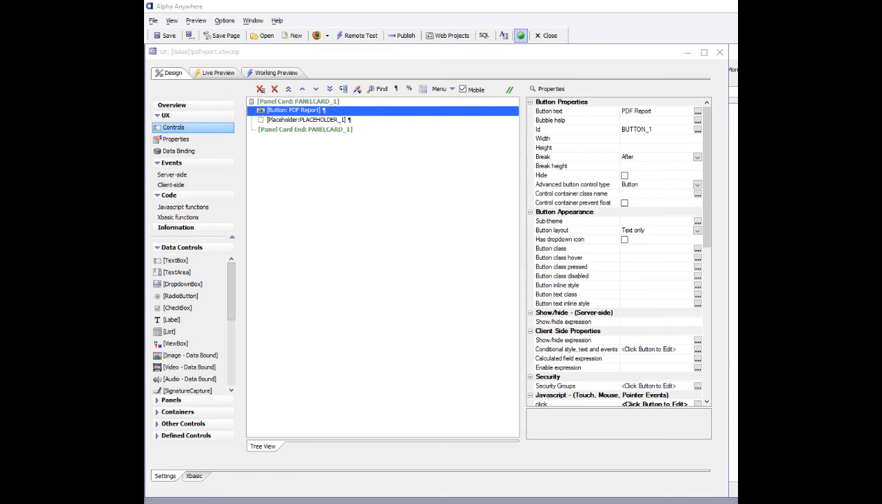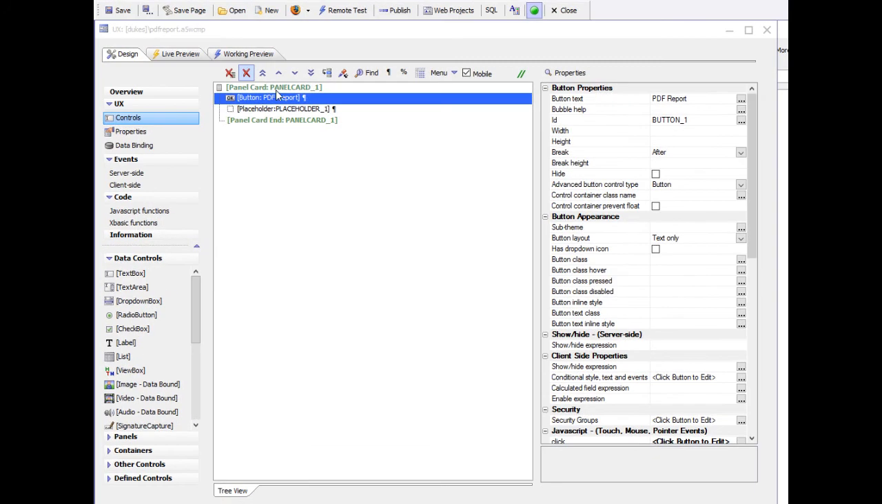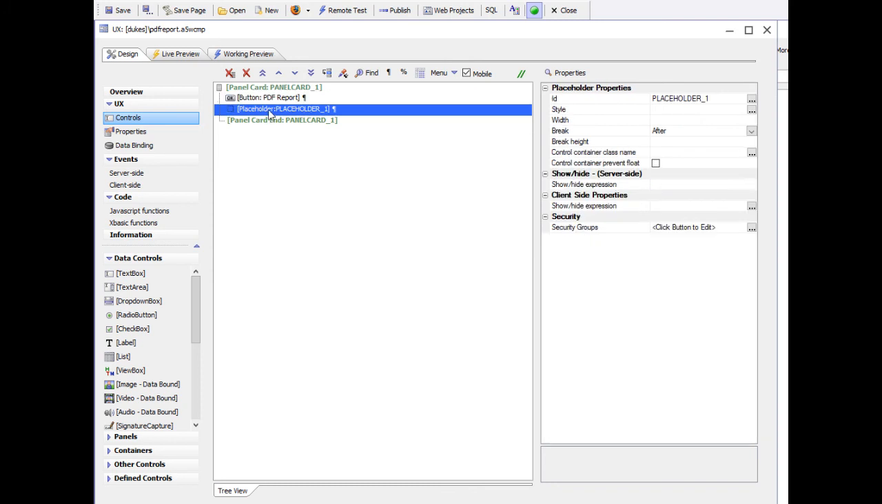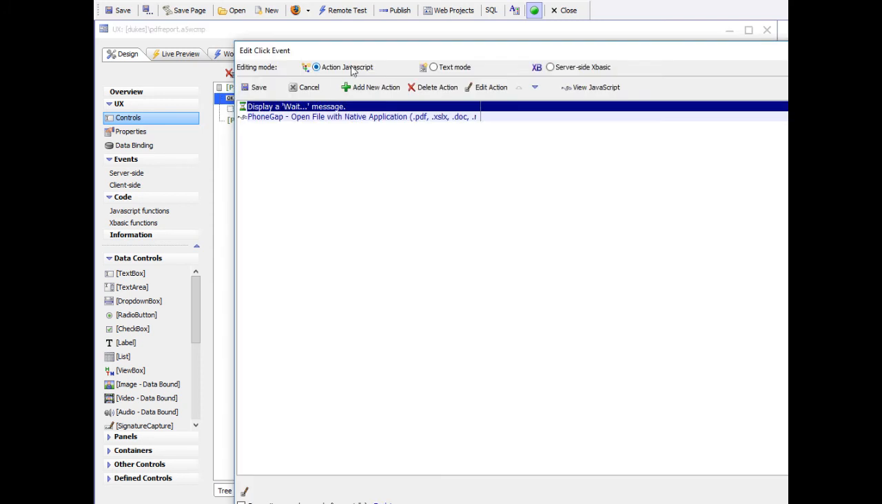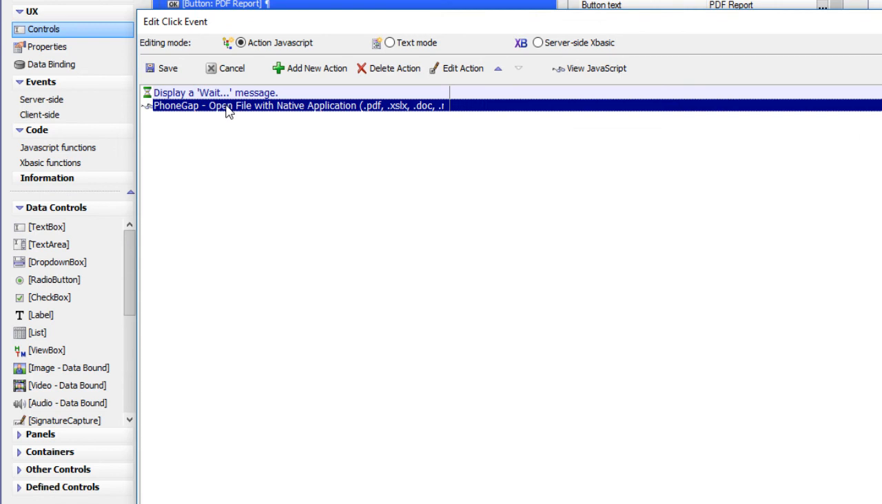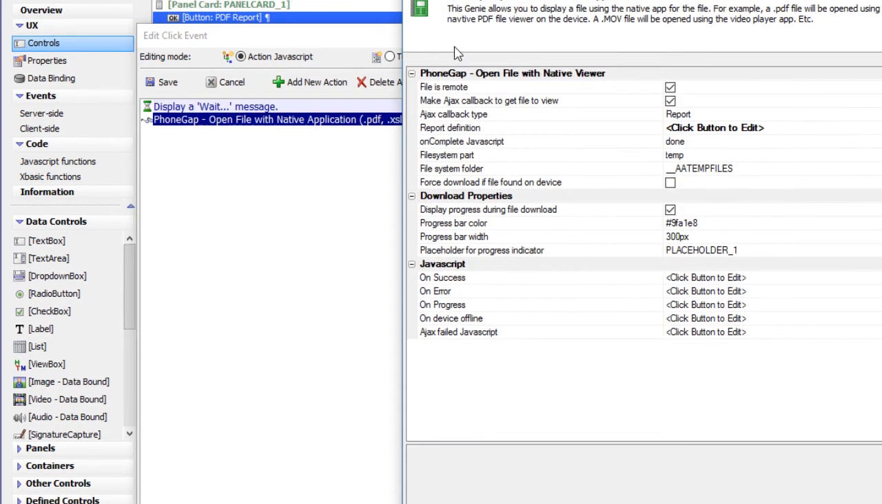So we're taking a look now behind the scenes at how this action that created the PDF report on the server was created. So you'll see how we have basically a simple UX component. It's got a button called PDF report right here, and then it's got a placeholder. So we'll go and open up this button, and we can see that in the action for the button, we're using the PhoneGap open files with native application. So this is the action JavaScript that uses the PhoneGap Cordova-Open plugin,